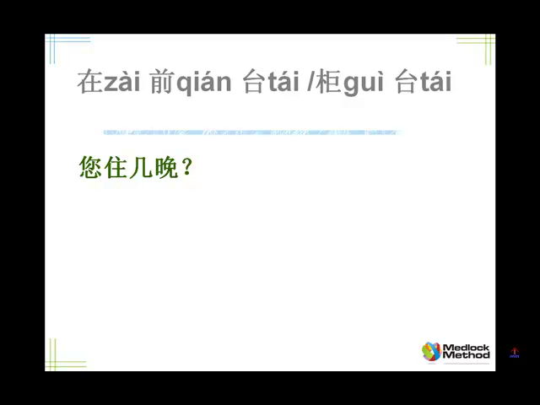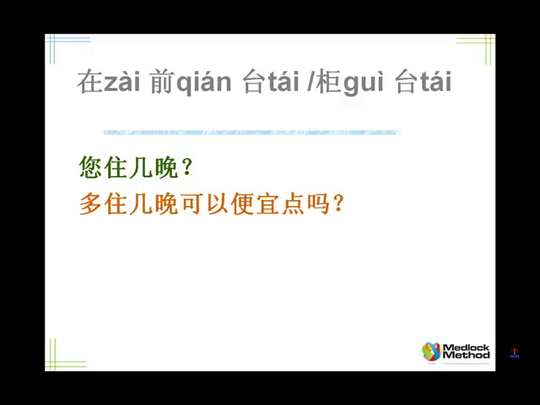Now, you need to give people a reason why you want it cheaper, not just because you're nice. So you need to say, going to stay a little longer. In Chinese, you would say 多住几晚. 多住几晚 means more live several nights. So how do you ask, if I stay longer, can it be a bit cheaper? 多住几晚可以便宜点吗